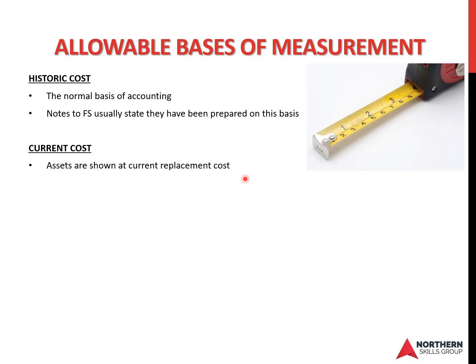It's valued at what it would cost to replace the asset in its existing condition with an identical item. If it's 5 years old, how much would it cost to replace it with another item that was also 5 years old? So current replacement cost,